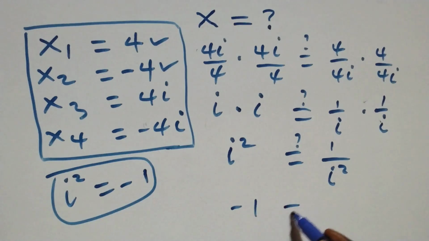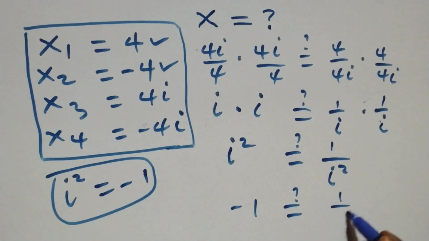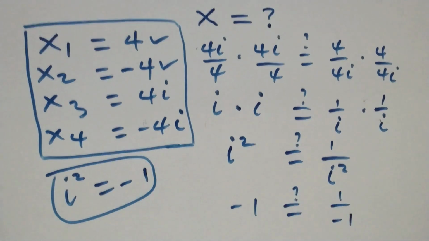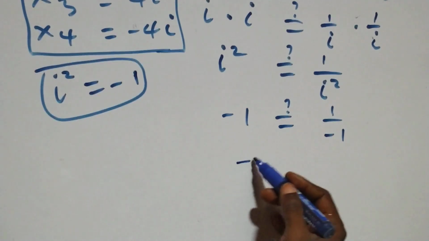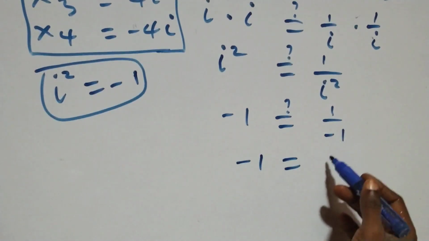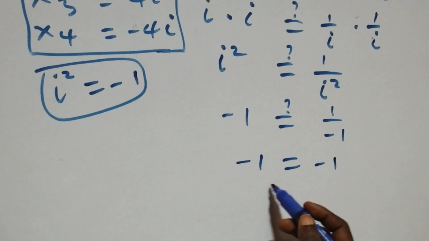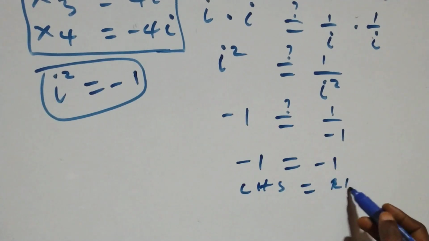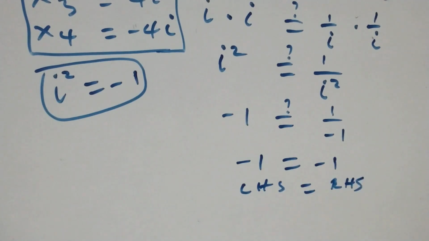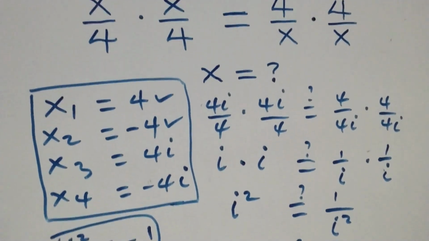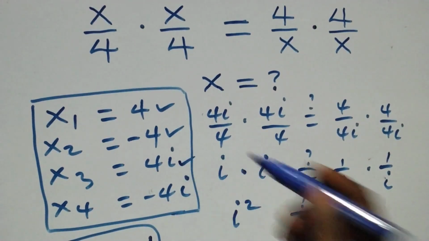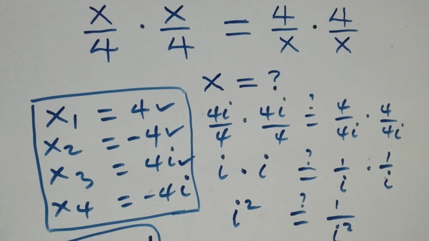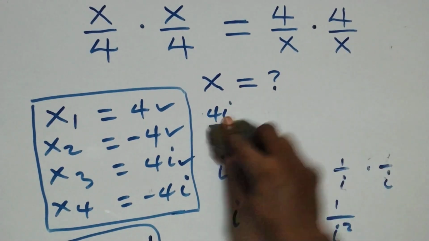Equals 1 over minus 1. Then minus 1 here, same thing as 1 over minus 1, that's also minus 1. Then left hand side equals to right hand side. Also here, 4i satisfies this given problem. Then also for x equals to minus 4i,